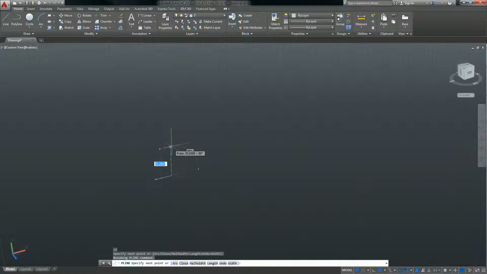From that 20, this is going to go up 7, out 10, up 8, and then it's going to go back in 8, up 15, across 18, and then it's back down 15, out 10, actually it looks like it's going to be a little bit larger than 10, so rather than trying to do